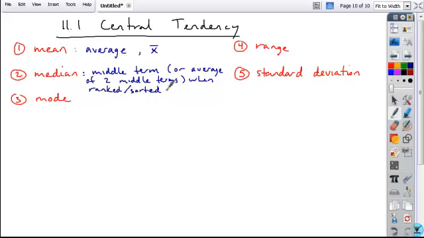All right, so the median, if you have an odd number in your list, the median is that middle number. But if there's an even number in your list, the median is going to be the average of those two middle values. Okay, so it is possible for a median to be a value that's not even in your list. It could be the average of the two middle pieces. And then finally, the mode is